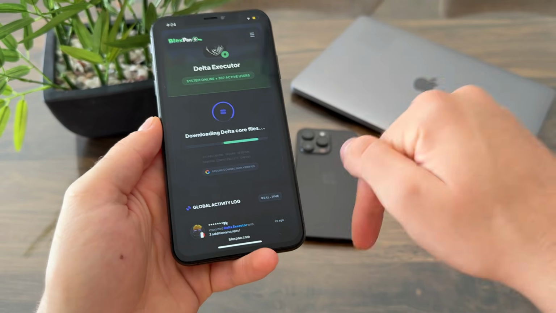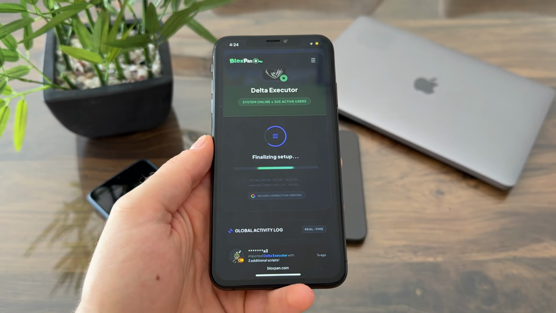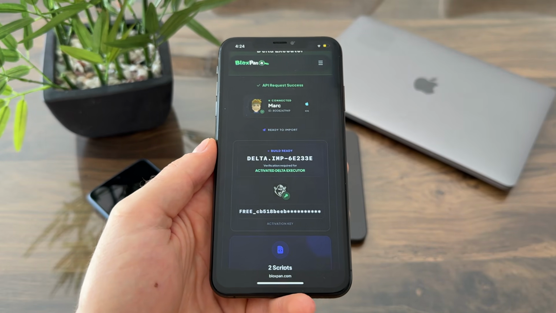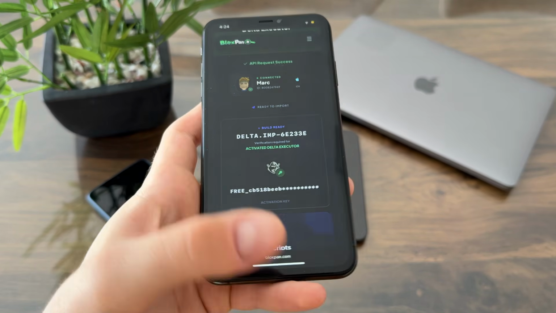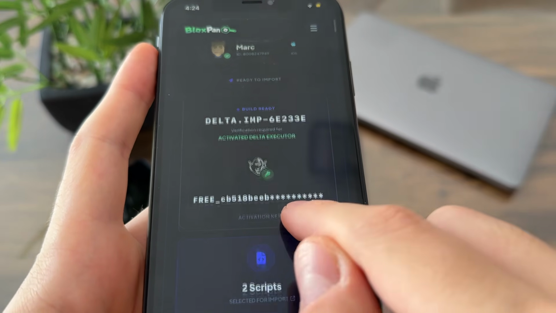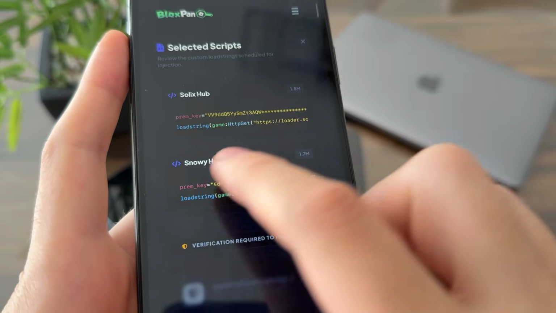So guys, make sure to comment down below your comment key, and I will reply you with a unique key if you cannot generate it. And look at this, Delta imported, activated, we got our key, two scripts selected. Look at this, guys,